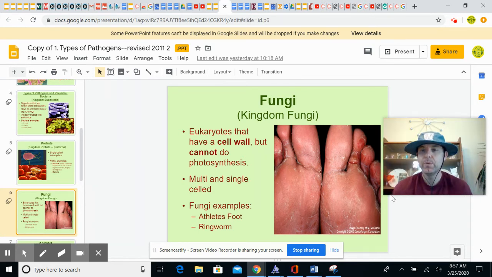Or maybe you've heard of ringworm. Ringworm is not a worm. It's actually a fungus that's sitting there eating your skin. So that's what's happened to this poor dude's toes. That thing must hurt like I can't even imagine. So fungus. Fungus is a parasite. Why? Because it does not benefit the host to have toes that look like that.